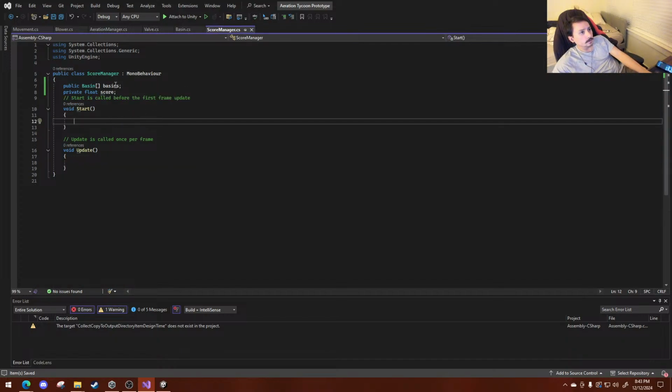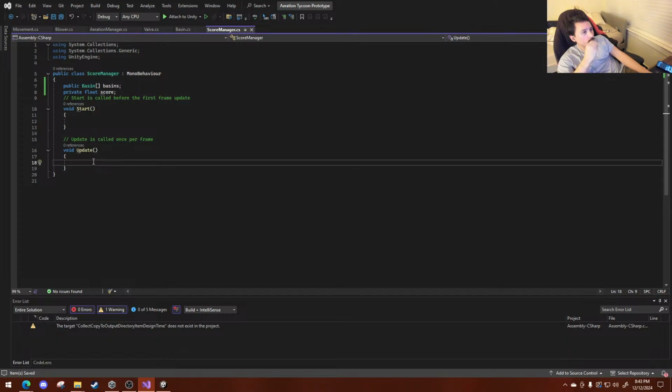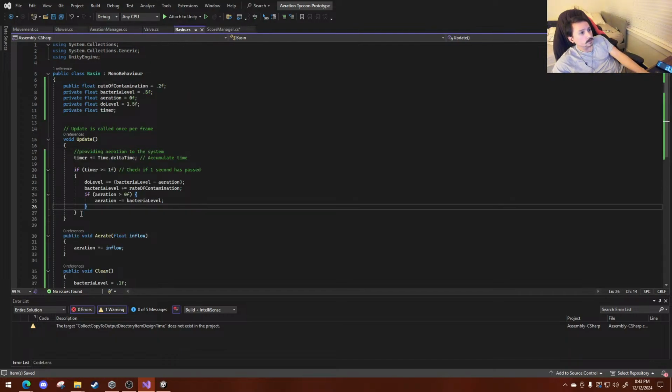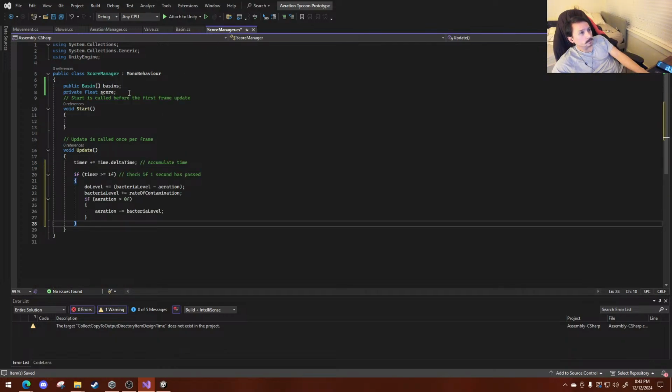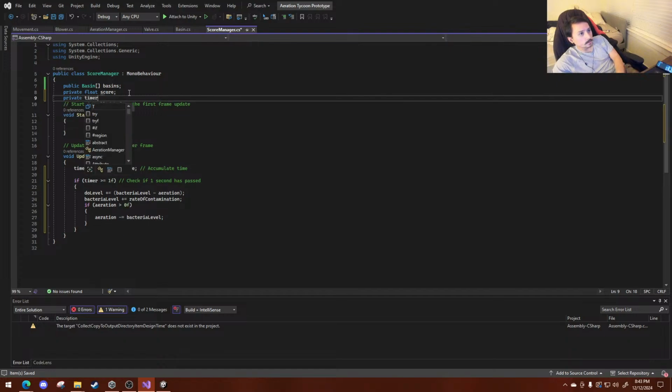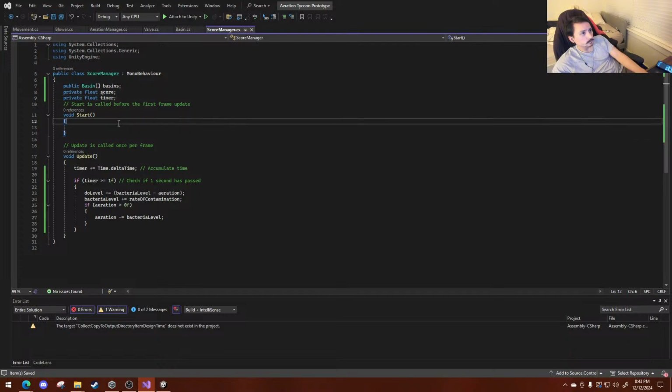Score manager. I need to reference the basins and then just aggregate their dew level. So I need to do it on a timer again. Copy this, paste this. Private timer. Private float timer. Okay. So on a timer,